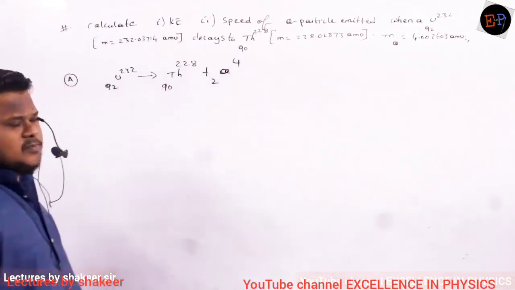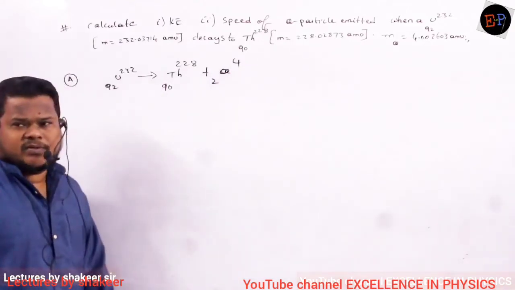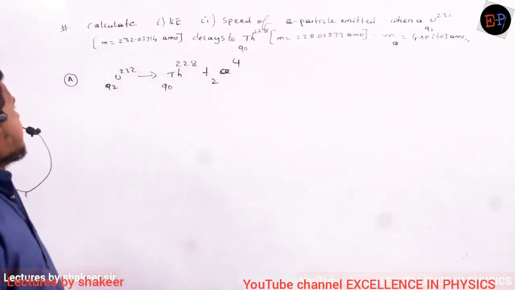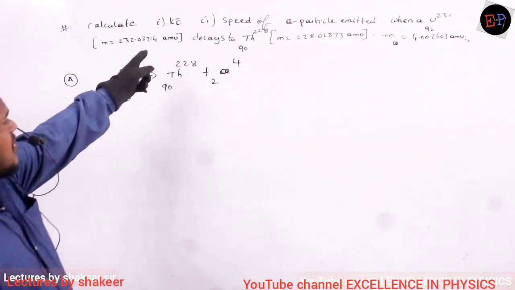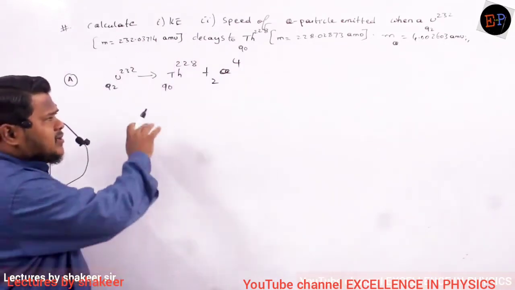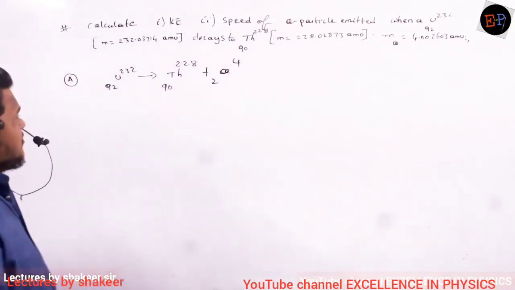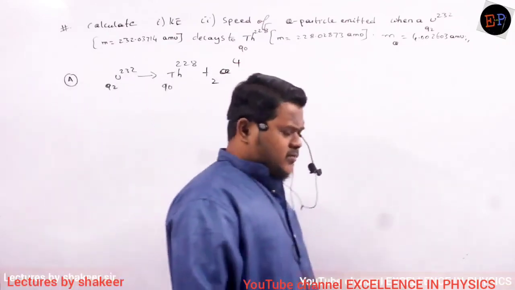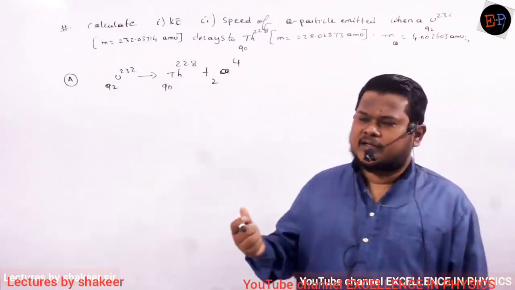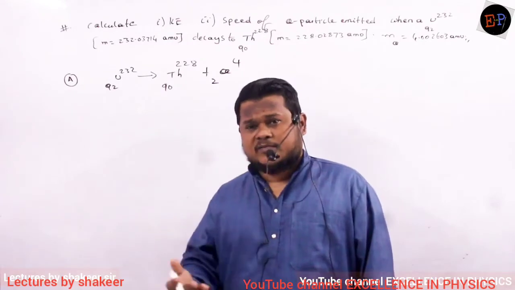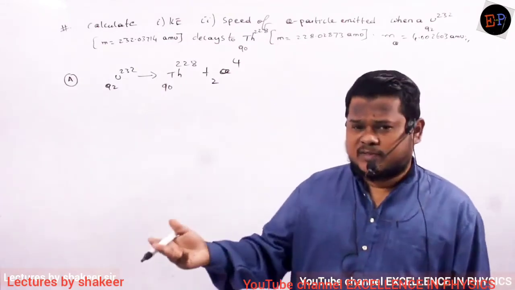Mass number is 4. So definitely this should have been the process which should have been done. Okay. So what he's asking, you are supposed to find out the kinetic energy and speed of the alpha particle emitted in this condition. Okay. First of all, can you say how this alpha particle got this kinetic energy? Why should this alpha particle get energy? Just to release out the chalgada.